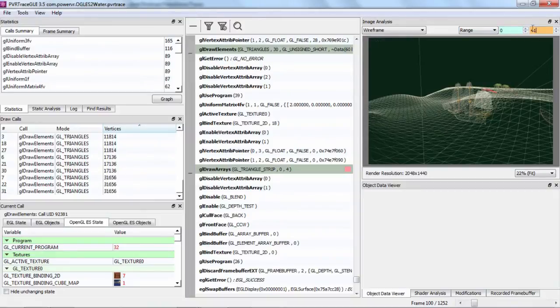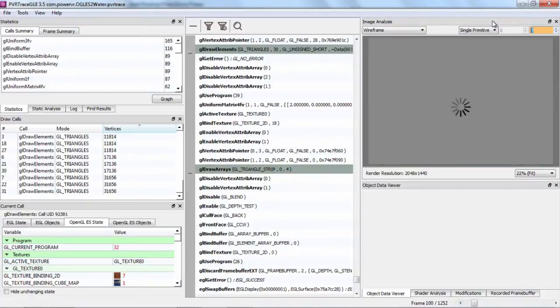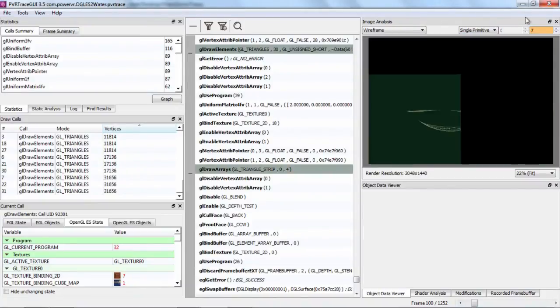We can choose any arbitrary range. We could look at just draw call 0 to 1 and it will render draw call 0 to 1 as we see them. But in this case we want to see exactly what draw call 7 is doing. So all we need to do is select single primitive and go to draw call 7. Okay, so all we need to do is select draw call 7, and here you can see it's rendered the